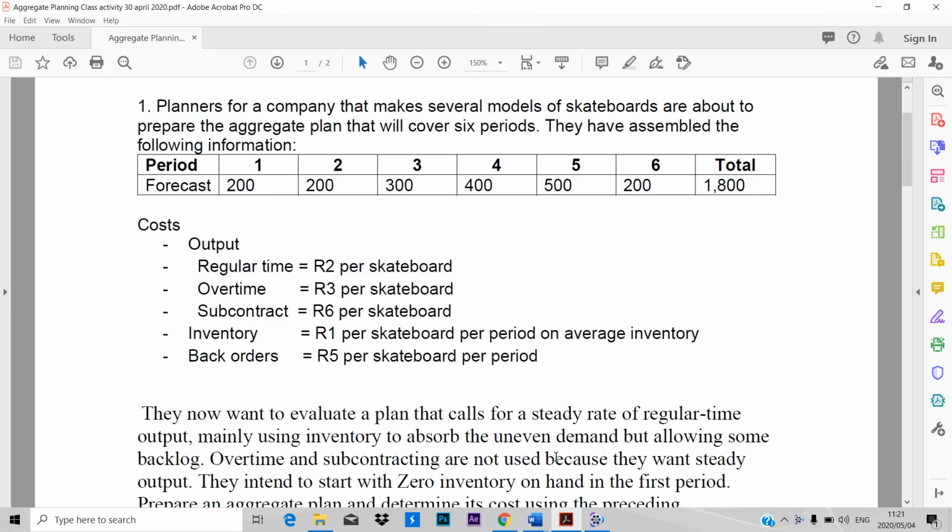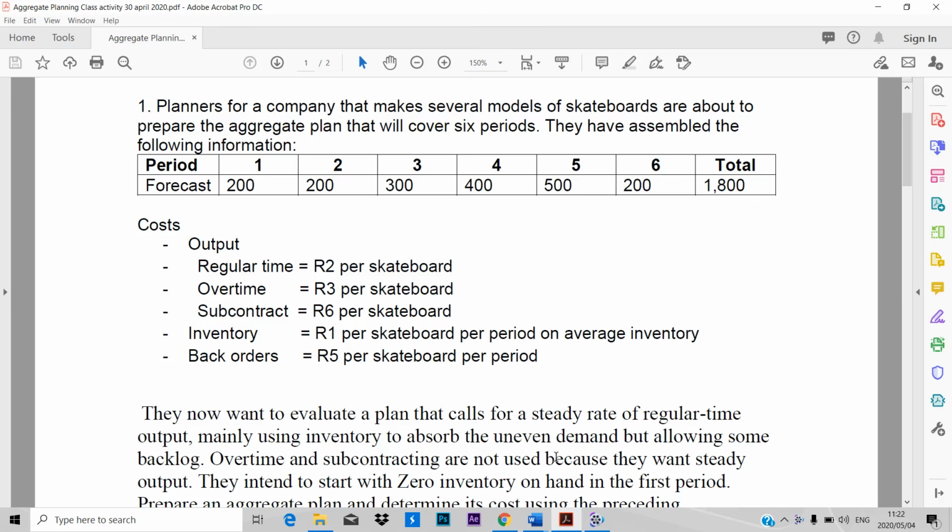Hi guys, welcome to our second session on aggregate planning, which just follows the literature, the introduction and the theoretical part of aggregate planning. In the previous video, we talked about what aggregate planning was, and the different reasons for using aggregate planning, why